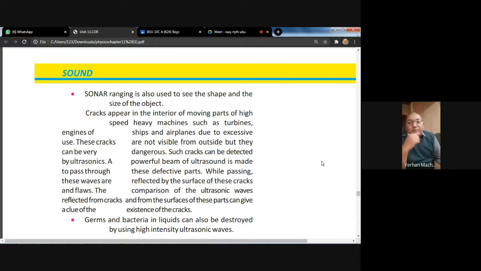For example, if you have a dam wall that is 6 meters thick, and there is a crack inside the wall, you will not be able to see it from outside. So what we do is use ultrasound, and if there is a cavity inside a wall which is 6 meters thick, we can find it.